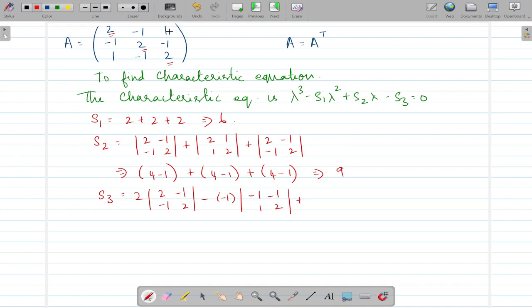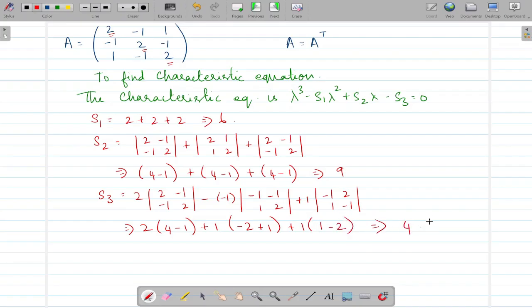Then you take the third element from the first row, leave the first row and third column and write the remaining elements -1 1, 2 -1. Now do the cross multiplication: 2 times (4 minus 1), plus 1 times (minus 2 plus 1), plus 1 times (1 minus 2)